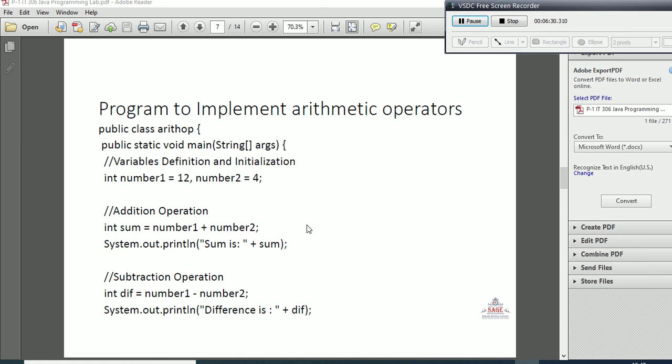Now, this is the program to implement the arithmetic operators. Let's see. We are implementing the arithmetic operators here. It is a public class, and I give the name ArithOperators. Public static void main(String[] args), curly bracket starts, main bracket starts, and here